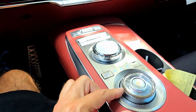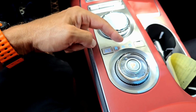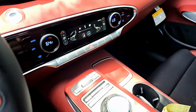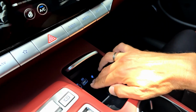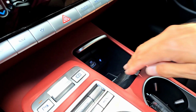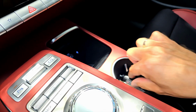Reminds me a bit of a Volvo. Good looking one. Push park, and then of course you have the reverse, neutral, and drive. Auto hold for your brakes. Now we have a USB Type-C port for charging and for data, and this is a wireless charging pad as well in here. And right here I have my new